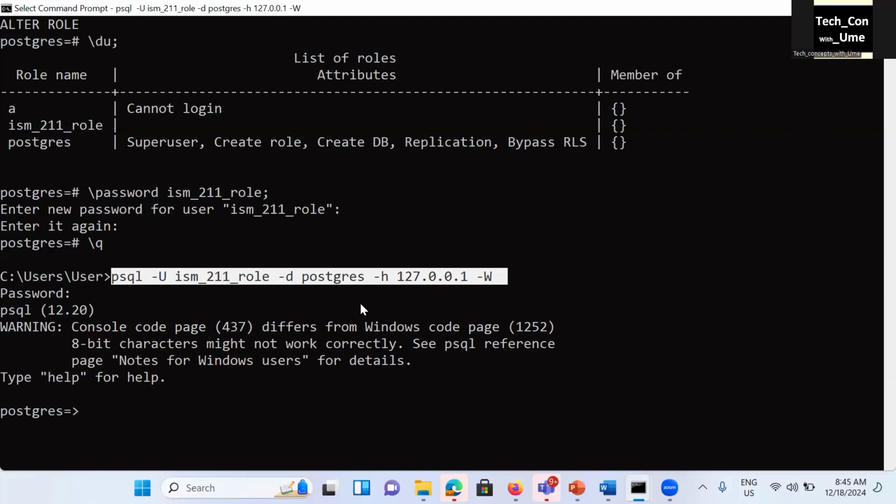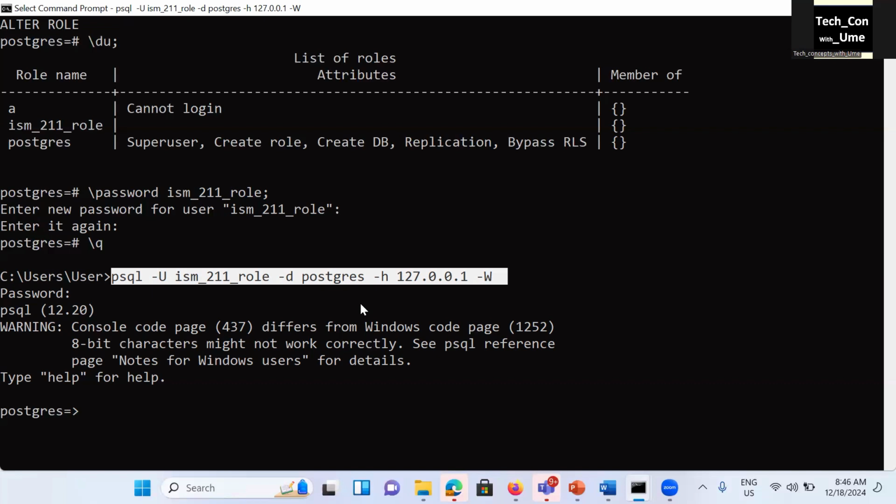Now, the -h syntax specifies the host name on which the server is running. In this instance, the localhost is being used. And as we know, with any programming practical, 127.0.0.1 is the localhost. Obviously, the IP address is that for your localhost. And finally, the -W keyword specifies that a password must be requested for correct authentication before the role requesting login